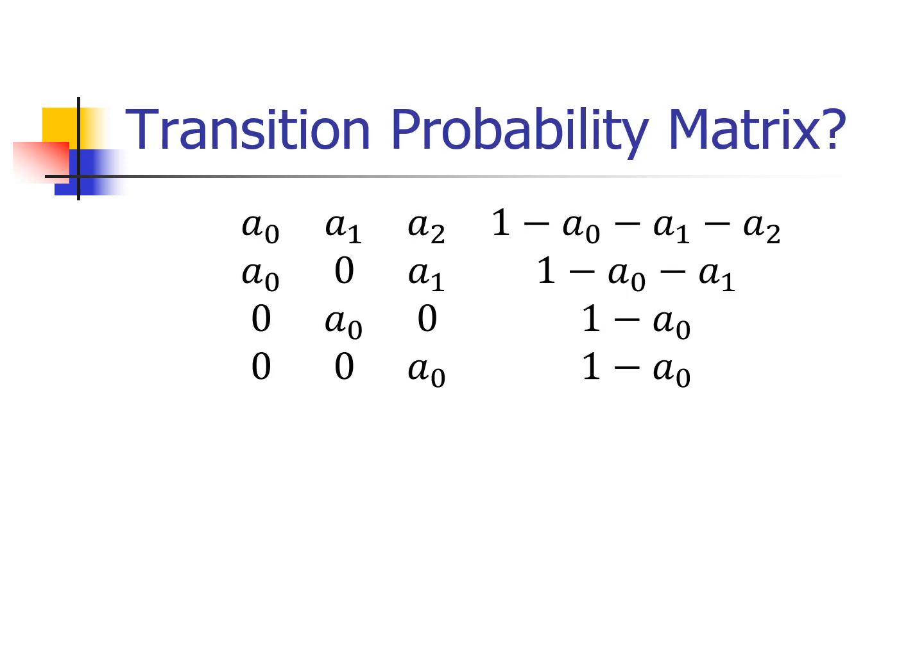All right, so here is our transition probability matrix. The notation is maybe a little bit unusual. It's consistent with the reference book that I mentioned in the earlier slide. So A sub 0 is the probability of you having 0 claims, A sub 1 is the probability of you having 1 claim, A sub 2 is the probability of you having 2 claims. And then 1 minus A sub 0 minus A sub 1 minus A sub 2 is the probability of you having 3 or more claims.